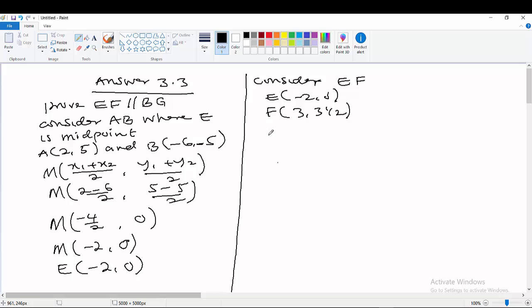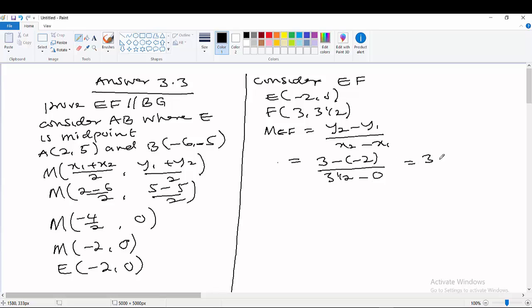This is the formula for gradient. MEF is equal to the change in y, y2 minus y1, divided by x2 minus x1. That is change in y over change in x. So therefore, we are going to have 3 minus -2 divided by 3.5 minus 0. This is going to give us 3 plus 2 divided by 7.5, which is equal to 5 divided by